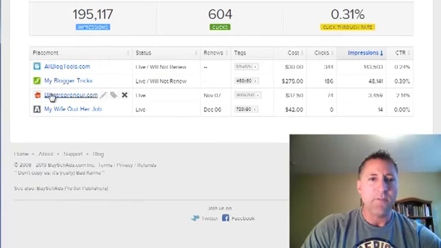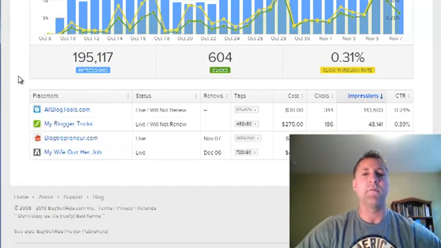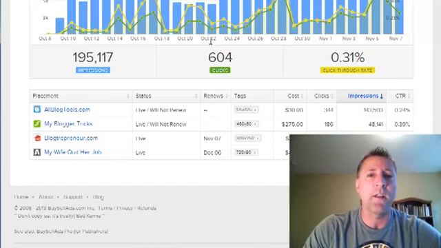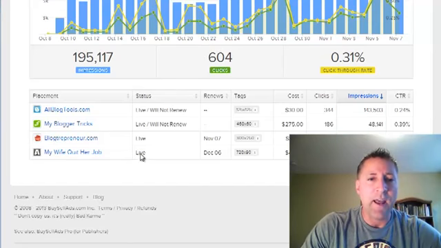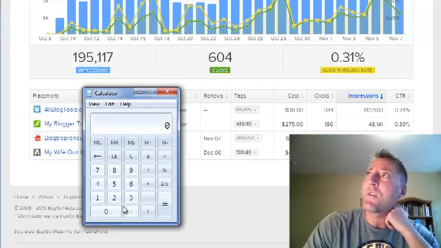This process of testing and tracking ads, like I told you, I had 604 clicks. I've had a total of, I think, about 230 leads generated from those 604 clicks, don't quote me on it.